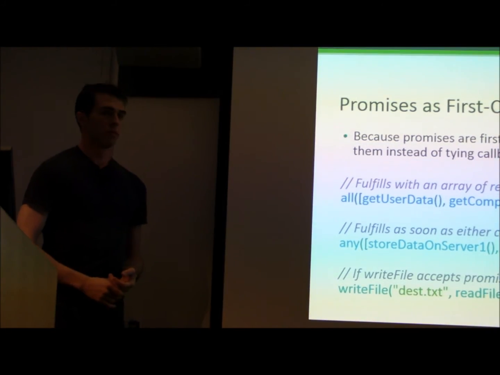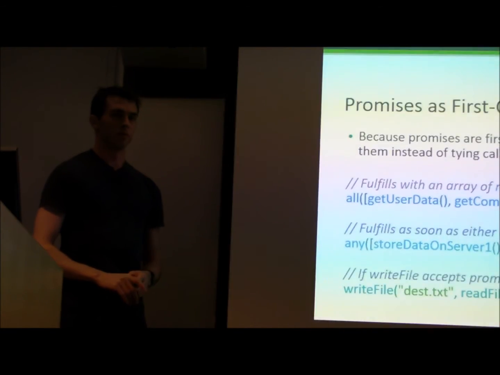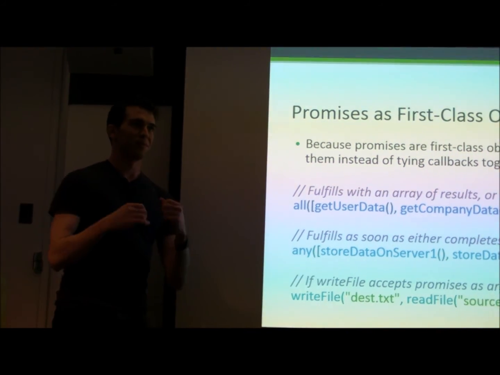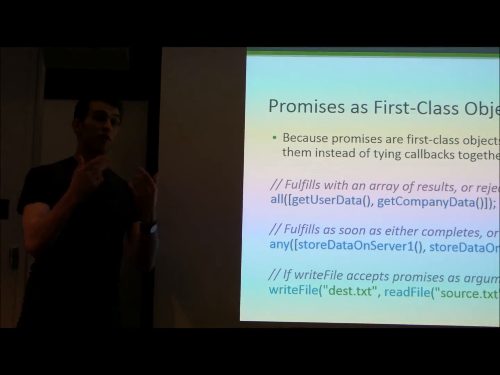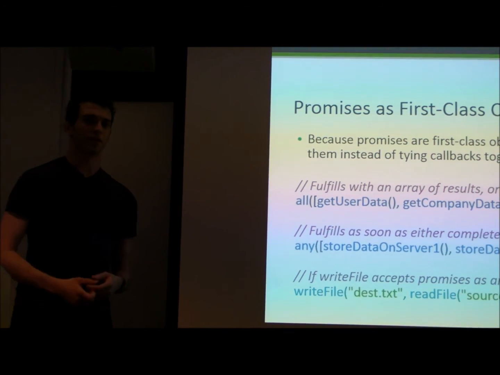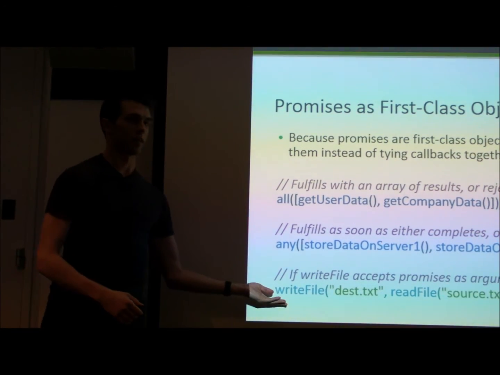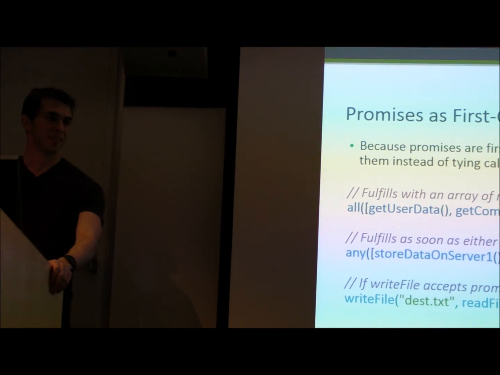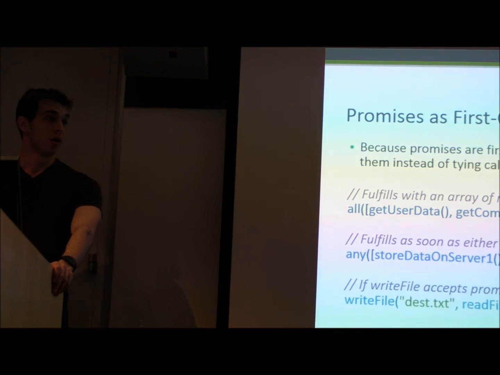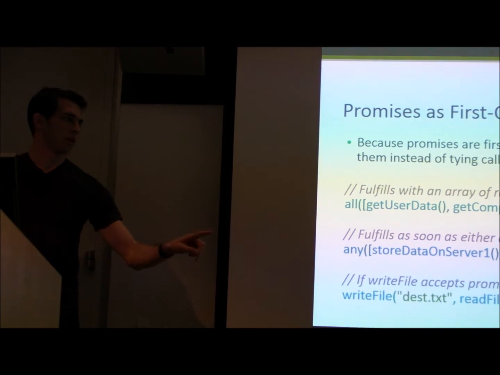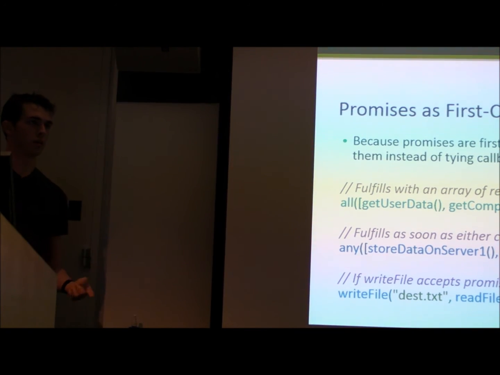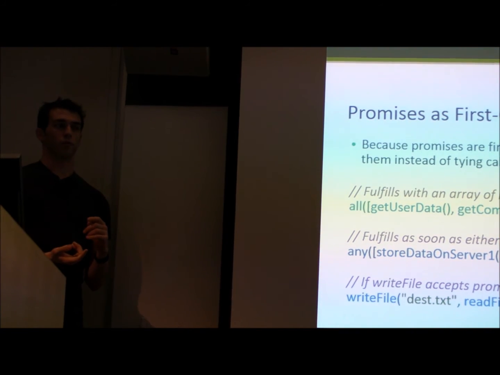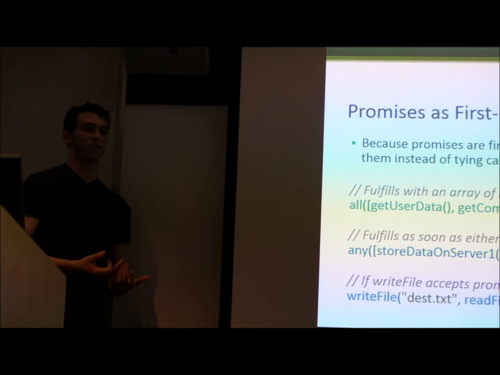So in that case, wouldn't you do something like read file, then write file? That's exactly what I was saying you don't have to do, because you could code the write file function to do that for you, right? So then you could end up creating code that's just like this. That's all you need to do. Not just within the implementation of write file, you wouldn't have to do anything with that. Inside the implementation of write file you would use then. You would say if it's a promise, do then. Otherwise, just use it.